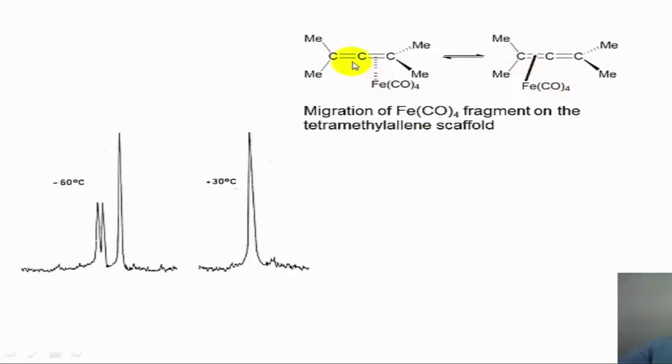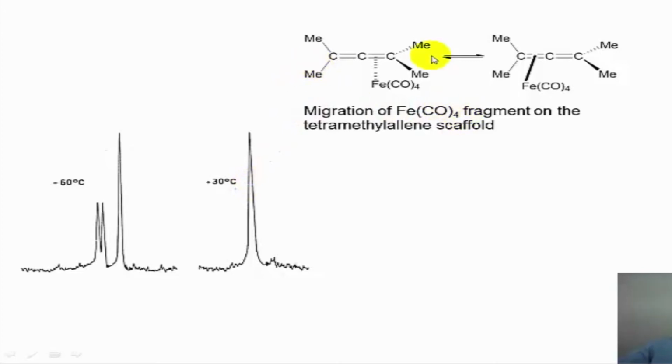So during the course of a rapid migration between the 2 double bonds, which is happening, let us say, around room temperature or so, the 4 methyl groups are indistinguishable in the molecule, and as a result, at plus 30 degrees Celsius, one sees a sharp singlet for all the 4 methyl groups corresponding to 12 hydrogens.